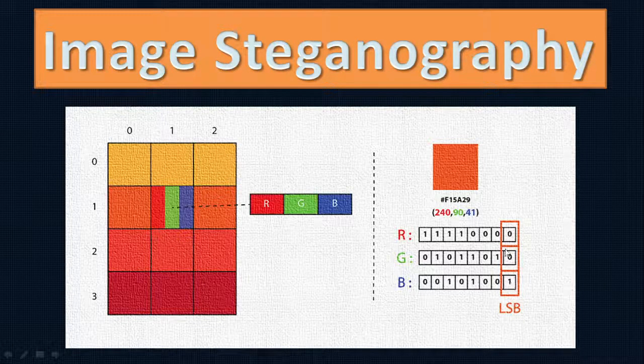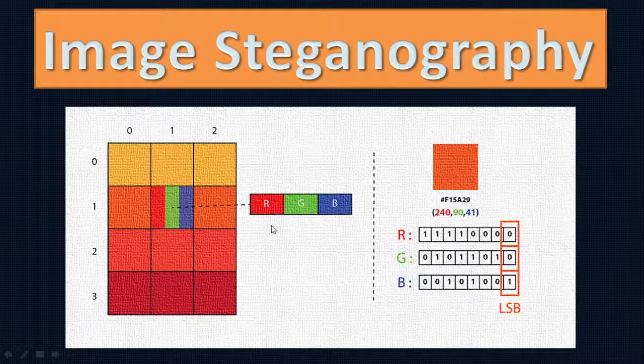Now if you make changes to the last bit, there is not much change. Let's say this is 240. If you make the last bit 1, this becomes 241. 241 will not make a rapid change in the picture because 240 and 241 are almost similar. Now assume that 1 is here, and the corresponding value is 41. We can change this value as per our requirement. If I make it 0, it becomes 40. Even if we change 41 to 40, the image color will not change much.